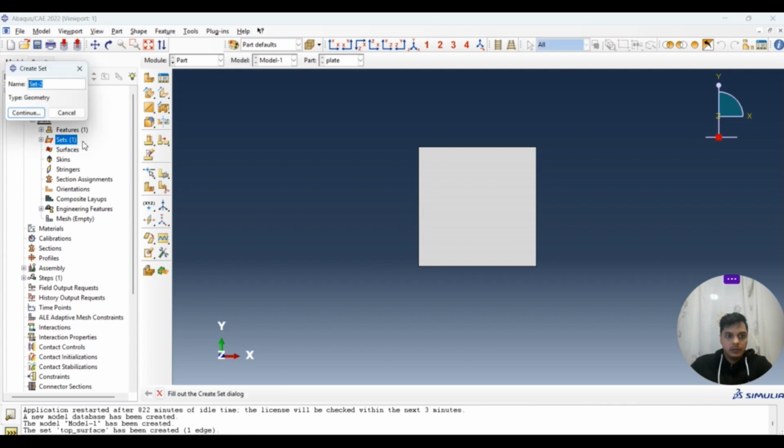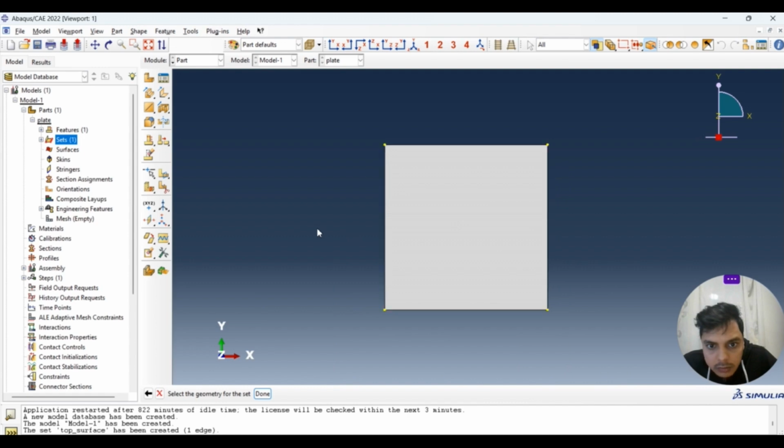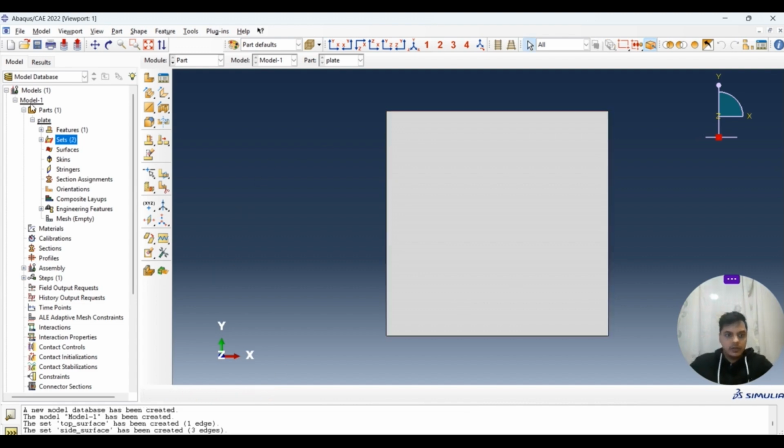Then we also need the side surfaces, and make sure to press shift to select the different sides. And I guess there's some issue. All fine. So all three sides are selected right now.